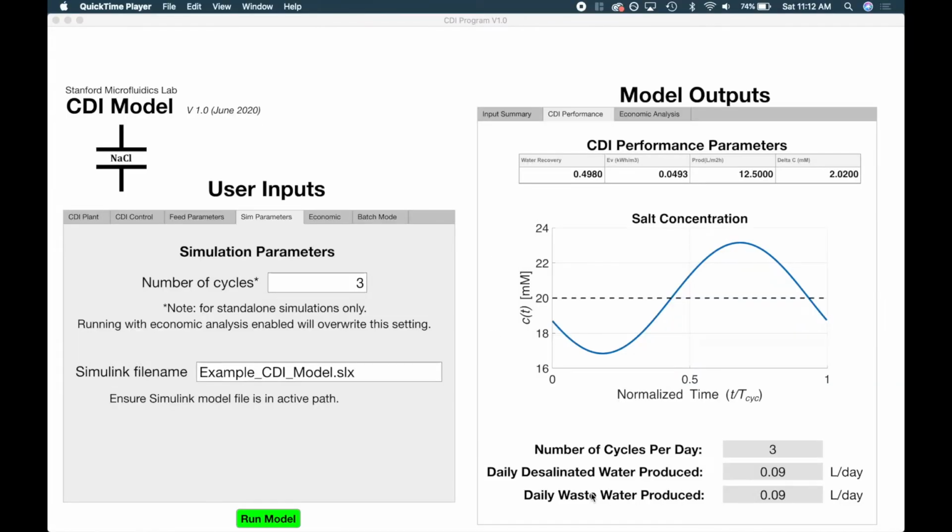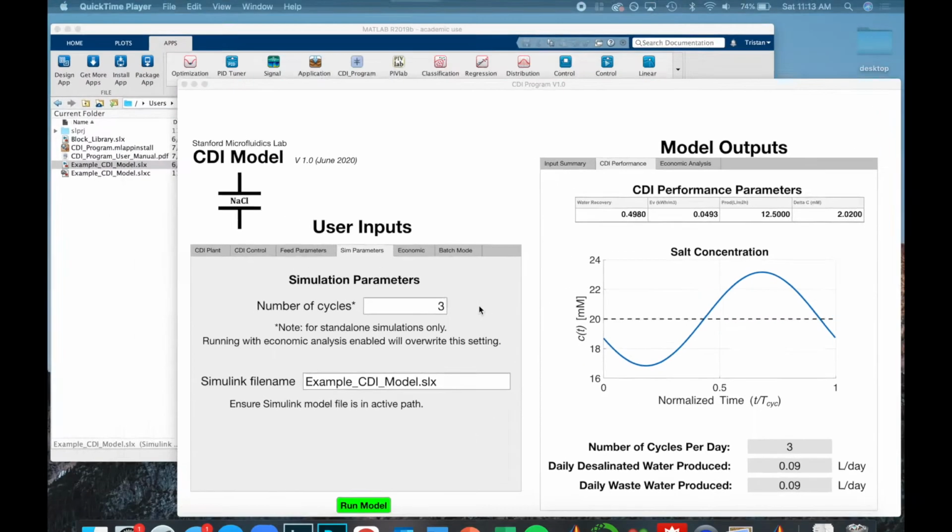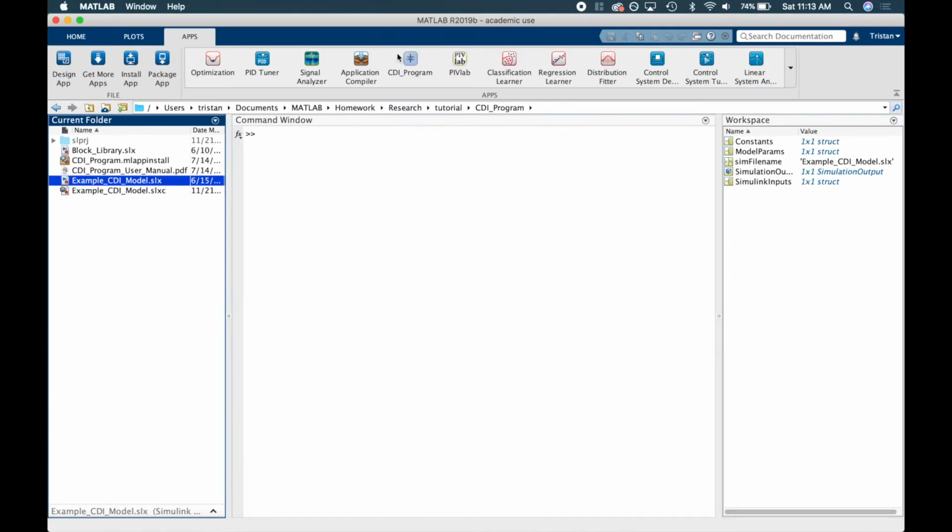So now that we've had a tour of the CDI program UI, I want to move over into Simulink to show you how to set up Simulink and specify models that our CDI program can run. So if we navigate back over to our main MATLAB window, in our current working folder again, we should remember that we have this file called